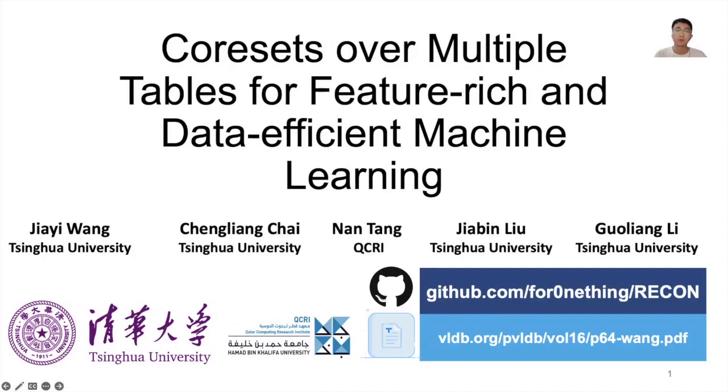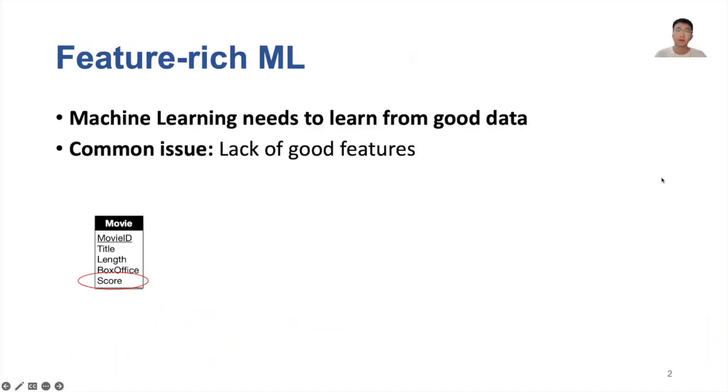Today, I'm going to introduce our paper, Coresets over Multiple Tables for Feature-Rich and Data-Efficient Machine Learning. Successful machine learning needs to learn from good data. However, one common issue about training data for machine learning practitioners is the lack of good features. To mitigate this problem, feature augmentation is often employed by enriching features from multiple tables, so as to become feature-rich